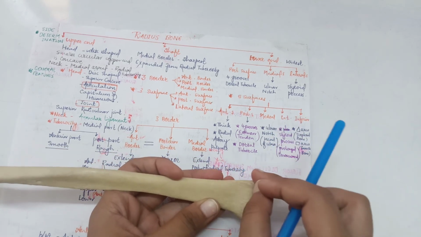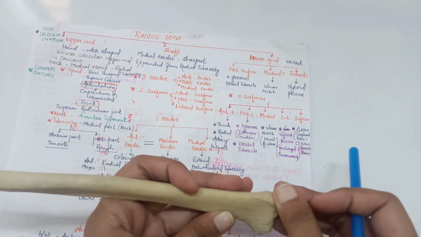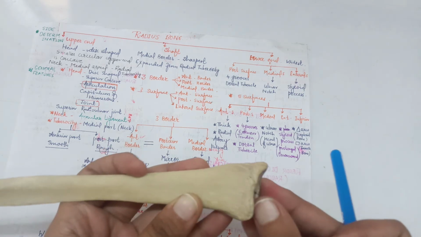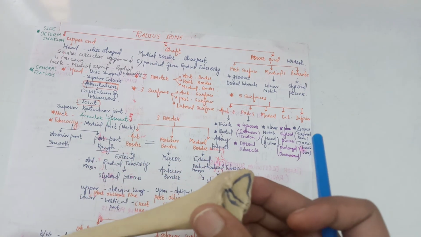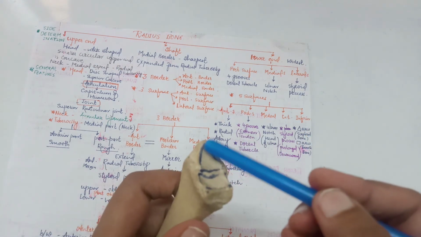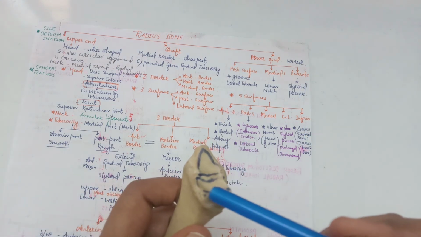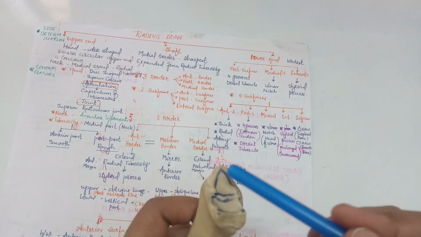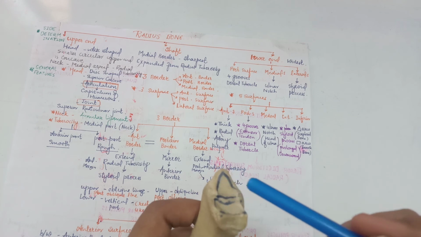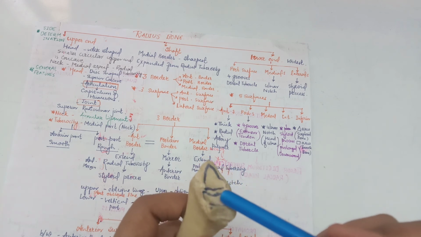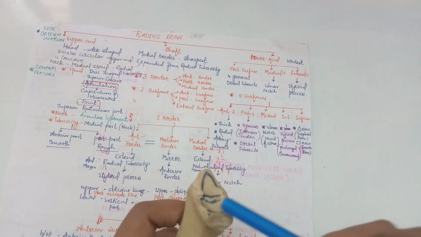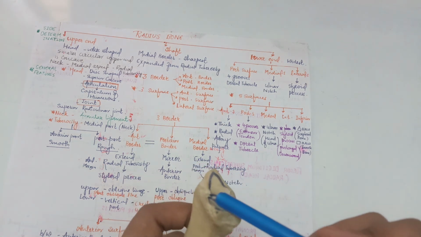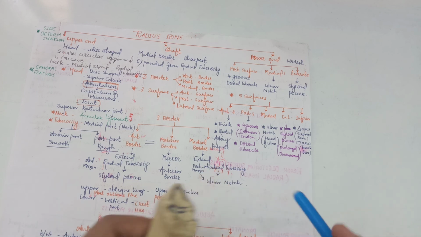On the lateral surface, the lateral surface is prolonged downward to form the styloid process, and the inferior surface bears a triangular and a quadrangular area. This triangular area is for the scaphoid bone and this medial quadrangular area is for the lunate bone. This whole surface takes part in forming the wrist joint.